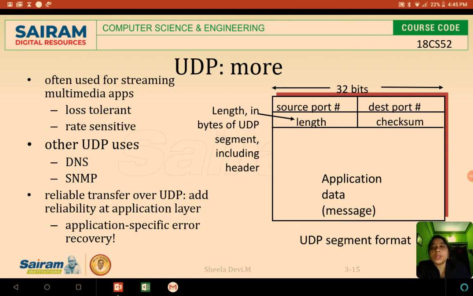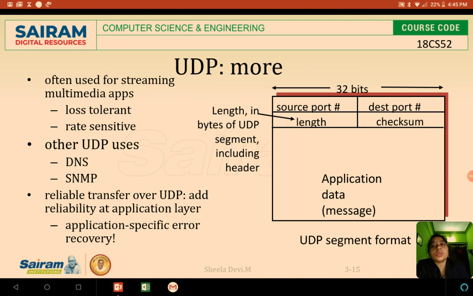UDP is often used for streaming multimedia applications, and for any loss tolerant applications. If your application can tolerate loss, then you can go for UDP. For example, multimedia applications such as video conferencing, Zoom, and Google Meet can use UDP, because if one or two words are missed during the communication, it is not going to have a greater impact.